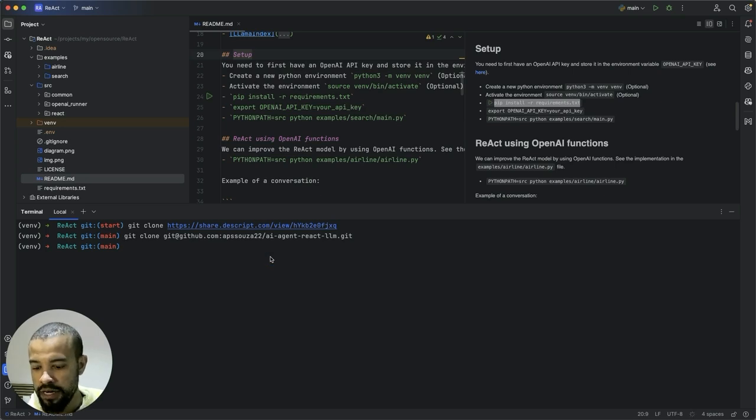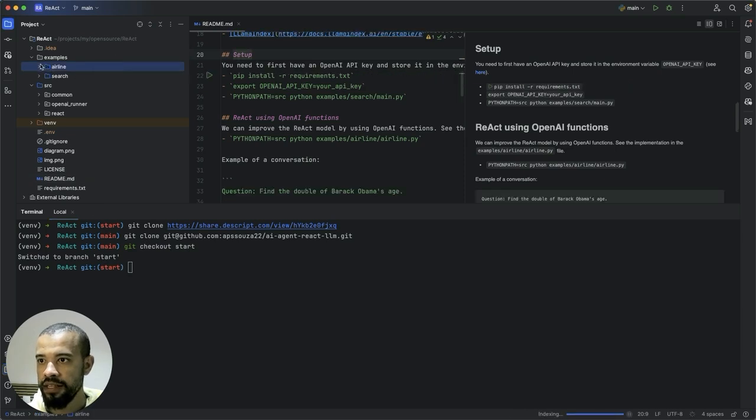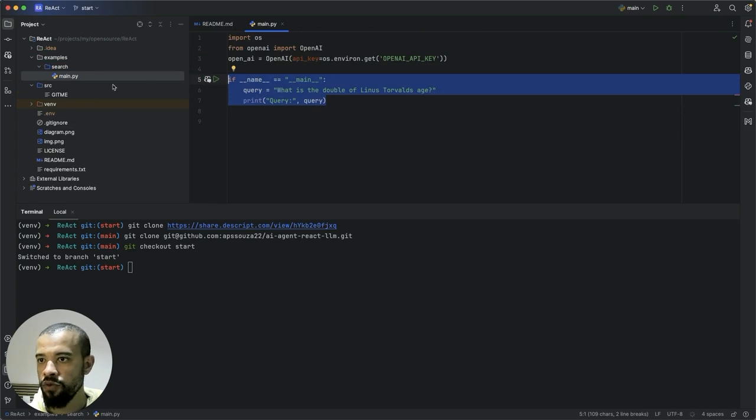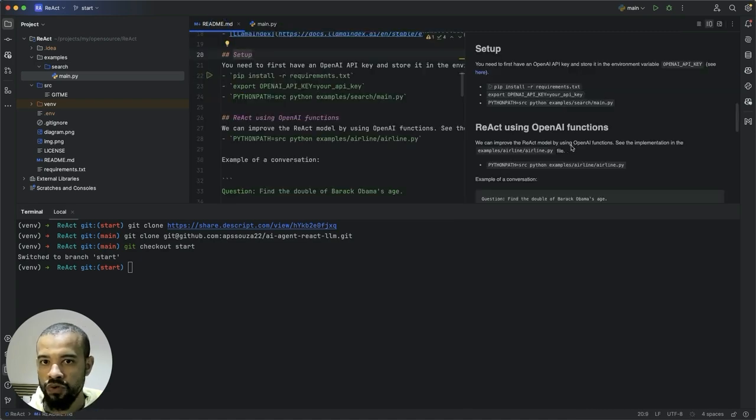But to start, I have created a branch. It's called start, and I wanted you to switch to this branch. And you're gonna see that now we have almost no code, right? So I have only the main code here that I have, very base lines of code just to have something to start with. And having that downloaded and switched to this start branch, we will then go through the instructions that we have,